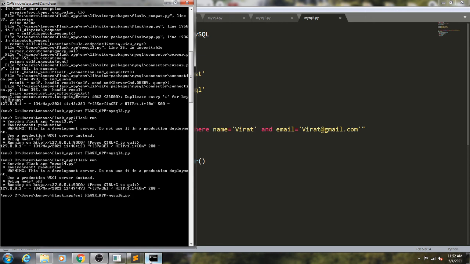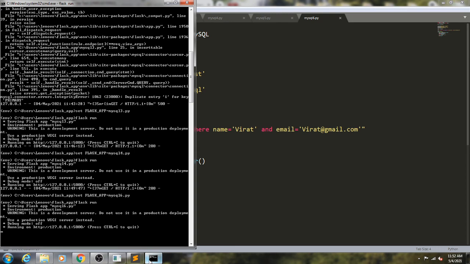MySQL 6.py. Execute this one, flask run. Here we will get the URL. Execute this URL, and you will get only one record, because only one record has the given data. This is the record containing the given name and given email ID.